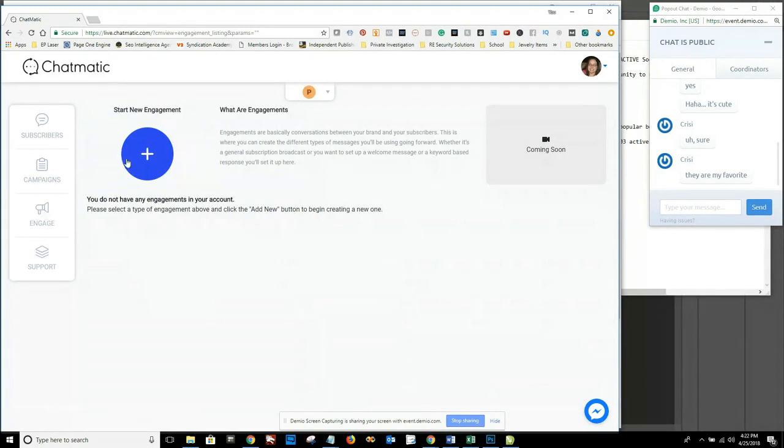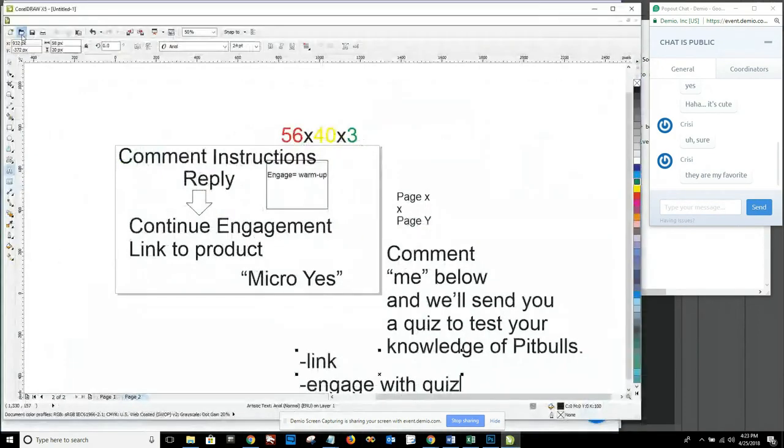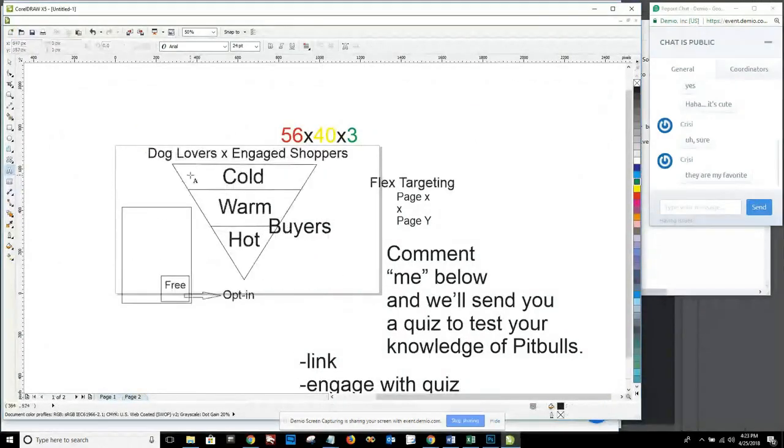The first one I want, and the reason why I want them to engage with me, by the way, through Chatmatic, is so I can retarget them. So even though, let me go back to this just to show you the flow again. So even though I have them, they're cold, I've engaged them into my comments, comment below, I've warmed them up a little bit. I'm going to continue to warm them up, even if it's just a little bit, with the